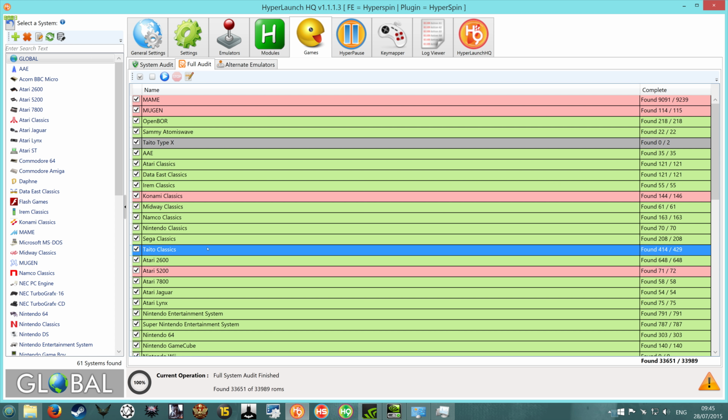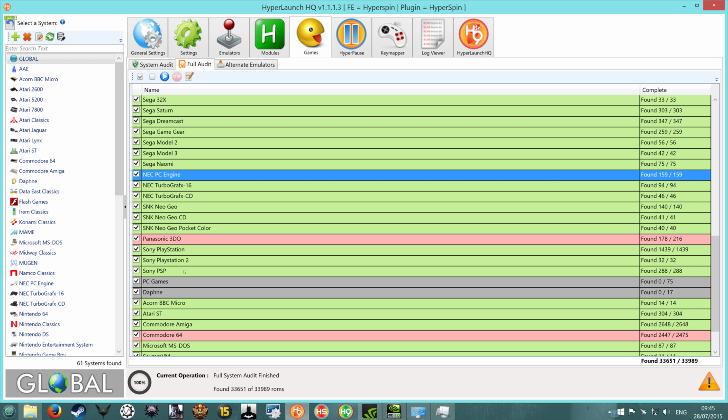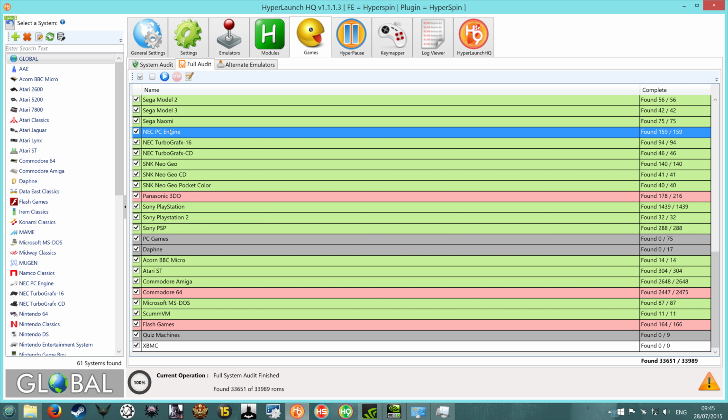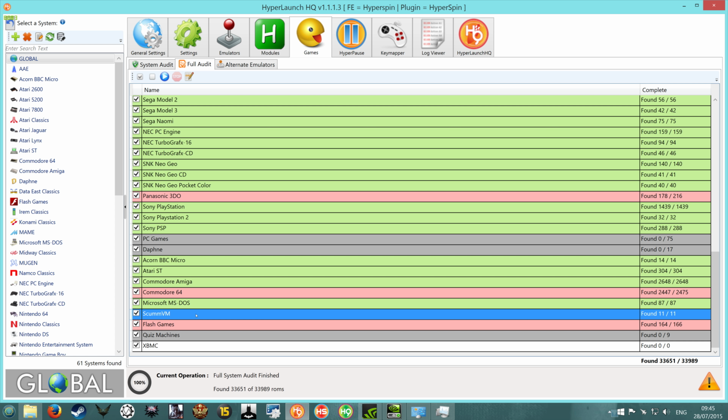What else have we added here? I've added the PC Engine, which is pretty straightforward to add, very similar to the TurboGrafx. But a lot of systems out there were very similar. I think the PC Engine was the equivalent of the Master System and NES, in between that and the Master System and Mega Drive kind of era. So I've added the 64, I've added MS-DOS, and I've added Scum VM, which I've finally managed to crack and